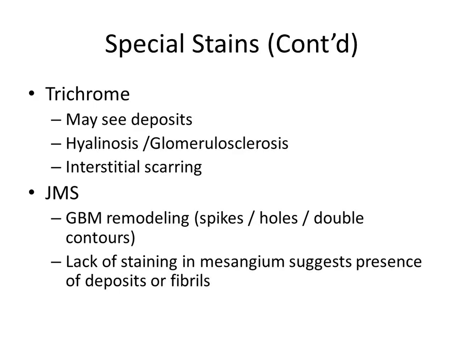The Jones stain, I've had a couple of people ask me why we always do a Jones and not any other silver stain, and I don't know exactly how this stain differs protocol-wise from a GMS, but I do know that a Jones has to stay in the silver for quite some time. And so that silver method is actually getting impregnated into the collagen. I think that's the word I'm supposed to use for that. So the Jones stain is really going to help you evaluate remodeling of the glomerular basement membrane. And if you don't have a good quality lab that does the Jones well, it's probably not worthwhile to do it.